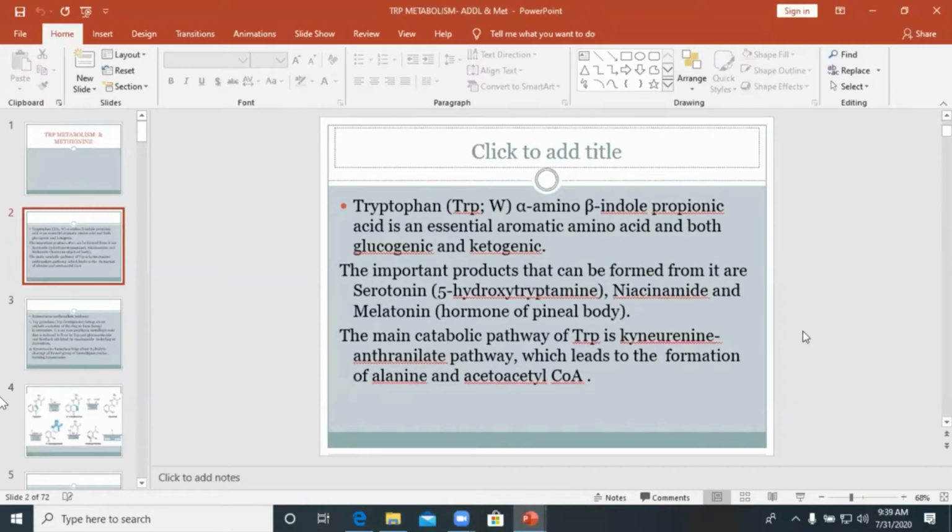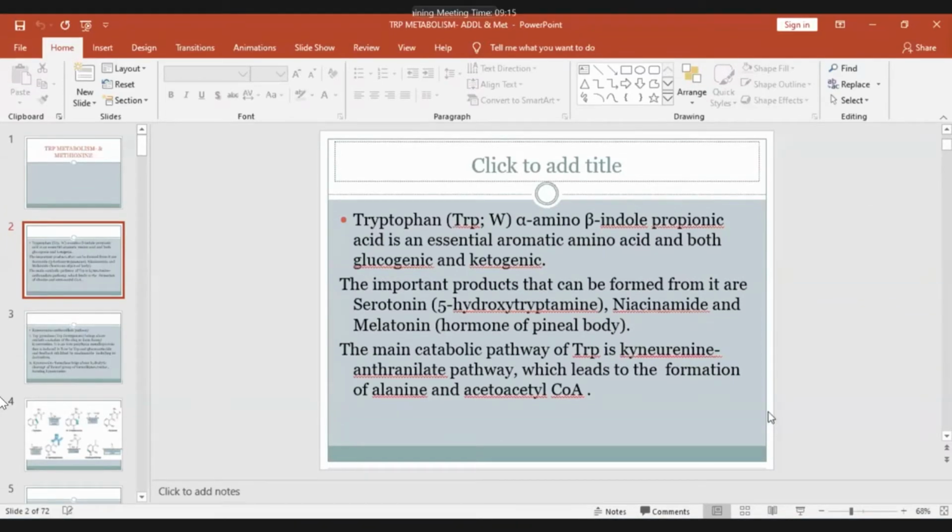The abbreviation I forgot to tell you about, the tyrosine. What is the 3-letter abbreviation for tyrosine? TYR. But a single letter abbreviation, so Y is the single letter abbreviation for tyrosine. For phenylalanine, F is the single letter abbreviation and PHE is the 3-letter one. So single letter abbreviation for tryptophan is W, that's what you should remember. For phenylalanine, F. For tyrosine, Y. For phenylalanine and tyrosine, the 3-letter abbreviation is the first 3 letters, whereas for tryptophan it is TRP, that's what you should remember, which is the prominent 3rd letter.